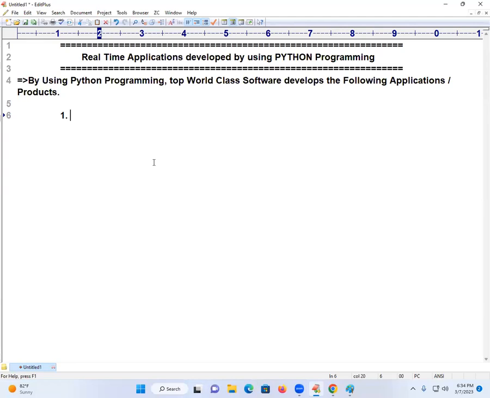And today, out of the discussion of this entire thing, one important conclusion we will come across. What is that important conclusion? Carefully observe it. Number one, the first application we come across is web application development. Web applications we can develop using the Python language easily. Students, carefully follow. To develop this web application, I'll take ample time here.